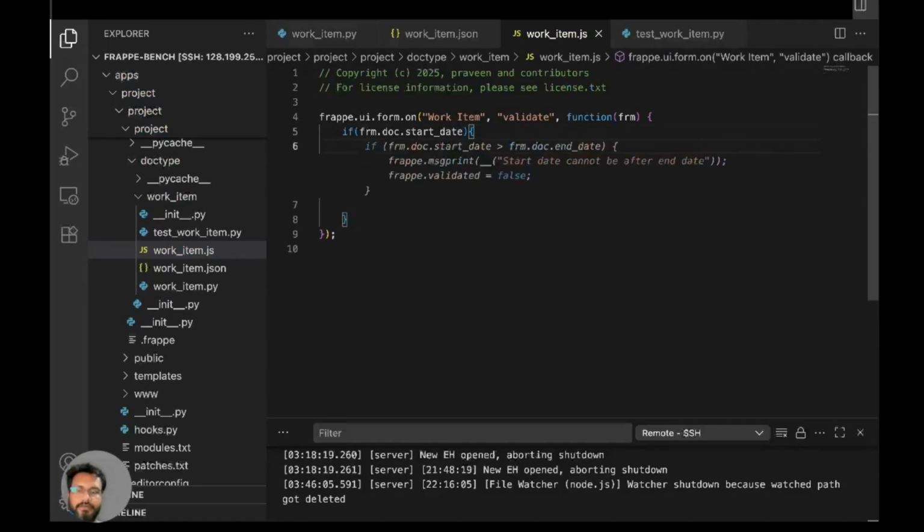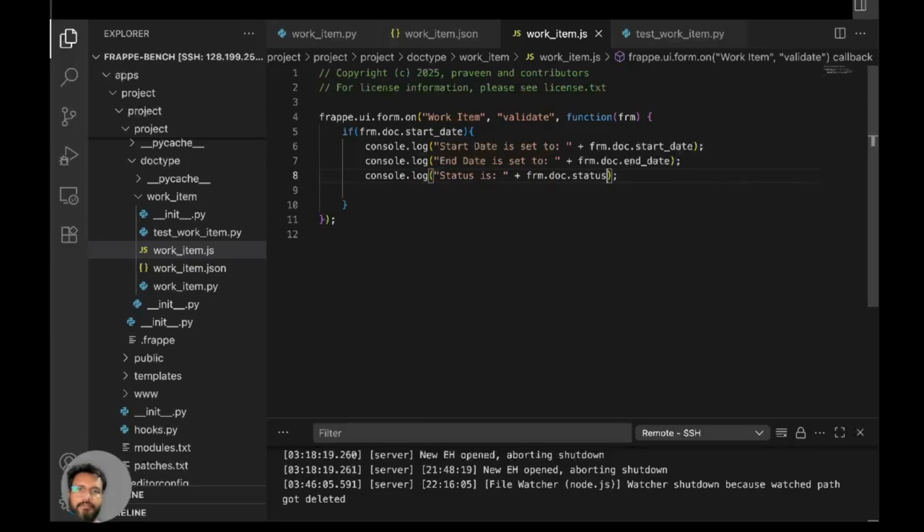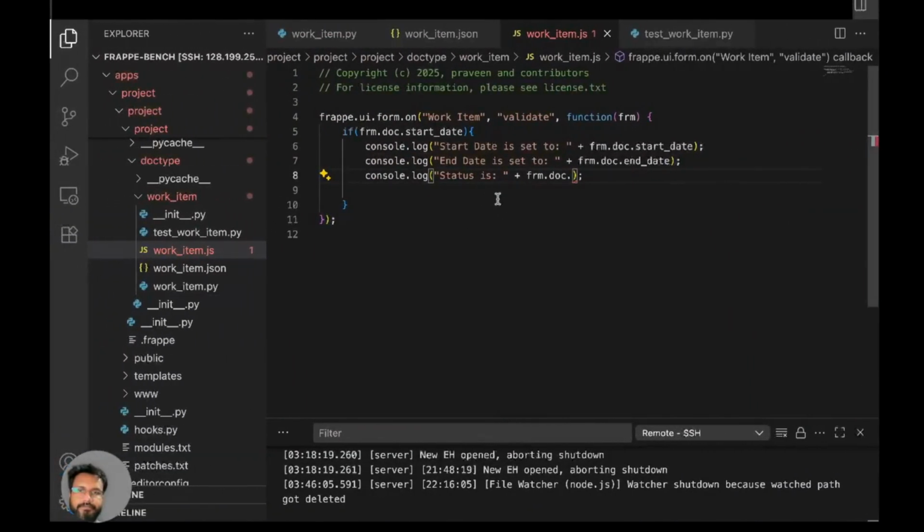I will do console.log to print the start date, and console.log I will print the end date also, and then console.log I will also print the creation date, the date of creation. And in the last I will also put